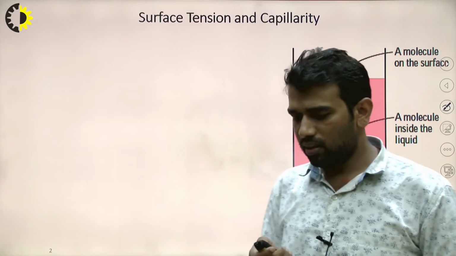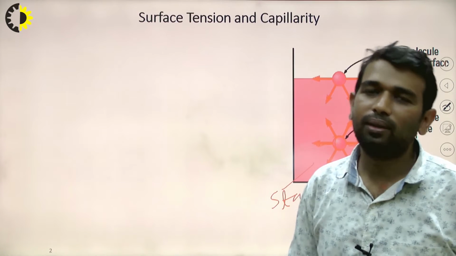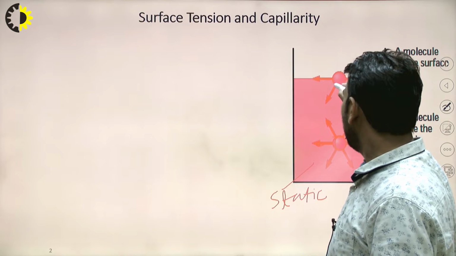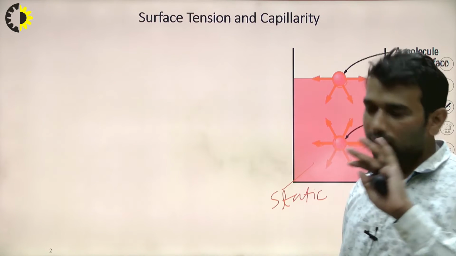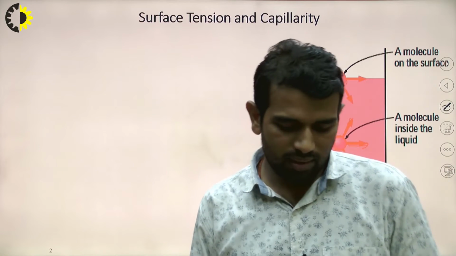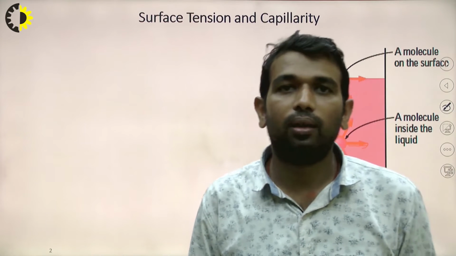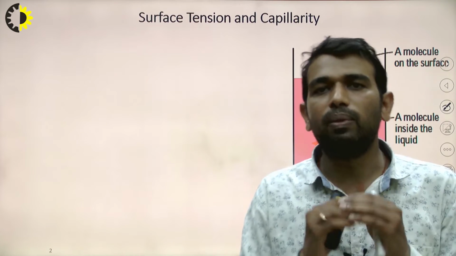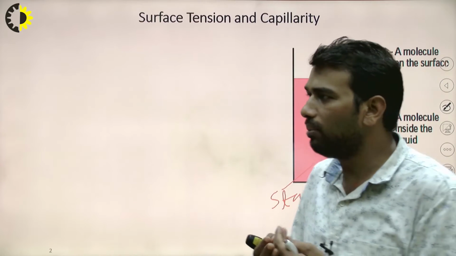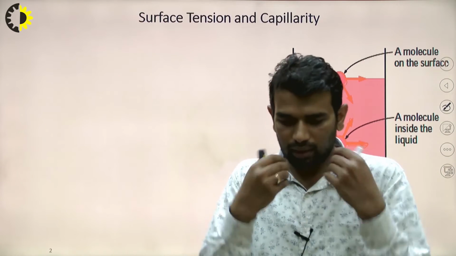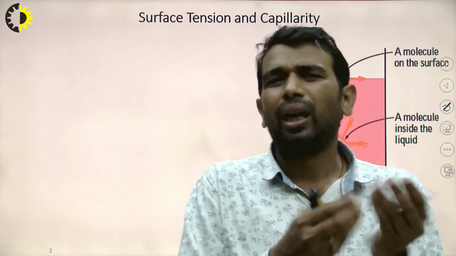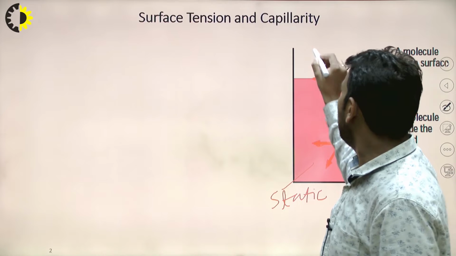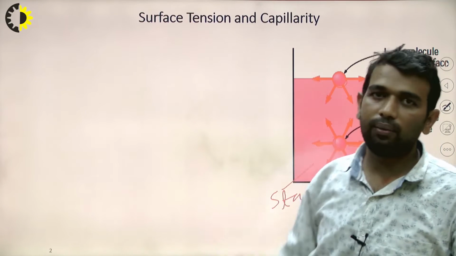Let's choose another place, and that place is the surface of the container, or the surface of the fluid in this container. So, I choose a molecule here. This molecule, if you observe, is surrounded by a different type of fluid. If you try to define what the surface means, surface is nothing but a partition between two different types of immiscible liquid, or some liquid and gases, or it may be something else. So, if you see at the surface, there is no fluid on the upside of this surface.